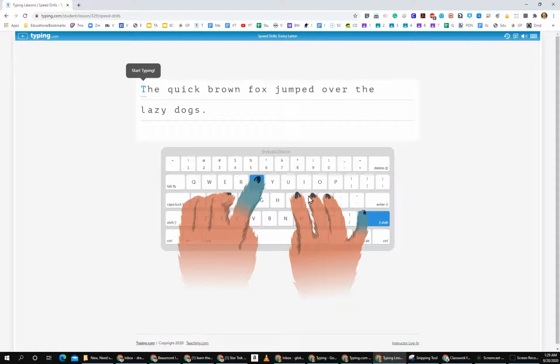So to type a capital T, you're going to hold down the right pinky to press the Shift key, and then you're going to type the left T to get the capital T. So the 2 hands are going to work together. As soon as you get your fingers into position,